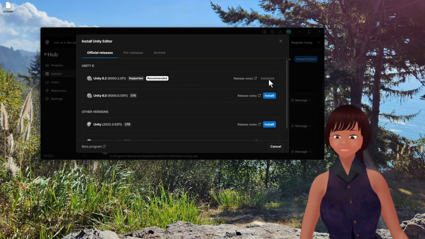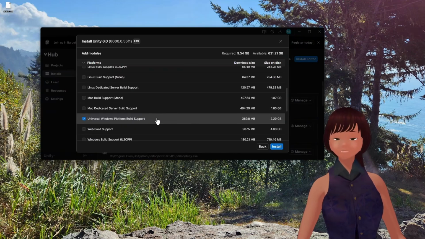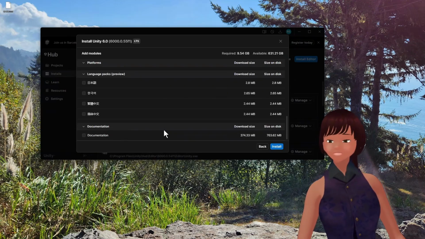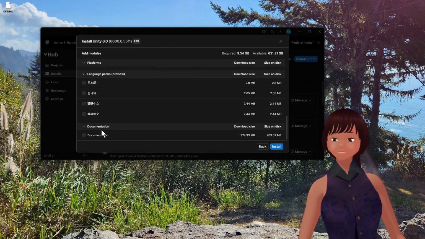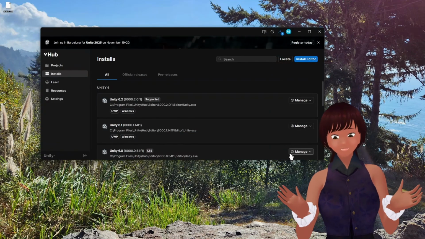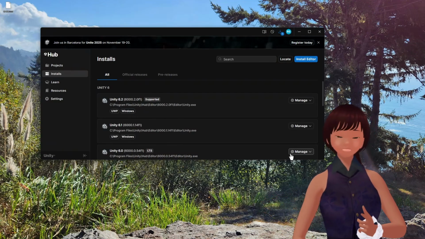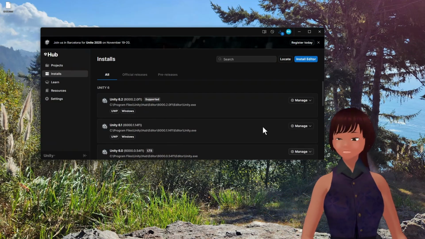And look, we already have it installed. We could click on install there. What we're going to do is we're going to say that you need to install certain basic things. The Universal Windows Platform, and then any languages that you want to have, and then click on install. This is identical for version 6.2, which is what we're going to switch over to now that we've actually started